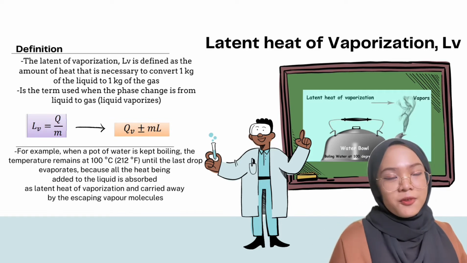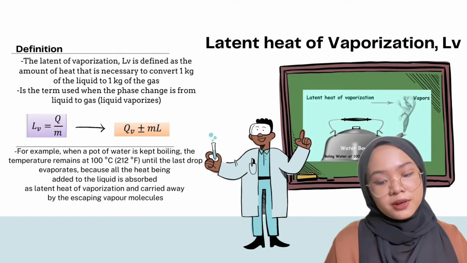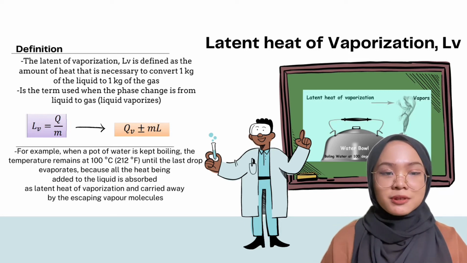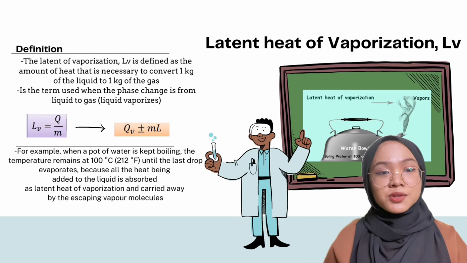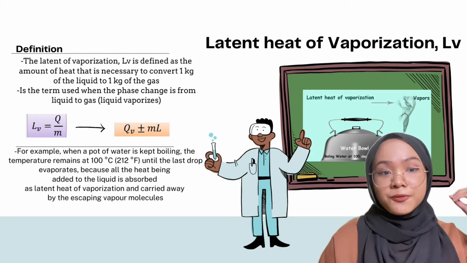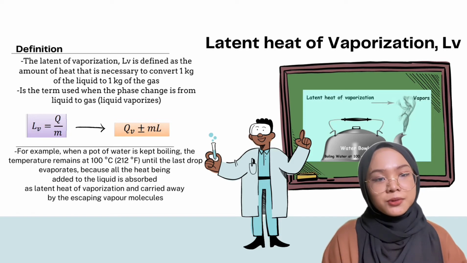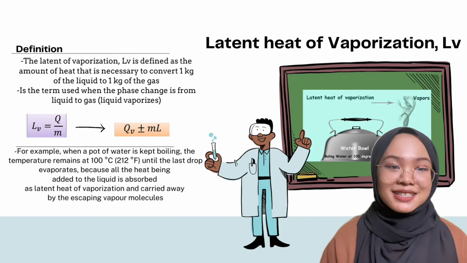So, latent heat of vaporization is defined as the heat required to change 1 kilogram of material from liquid to vapor. Latent heat of vaporization occurs when there is boiling of a substance, which changes from liquid into a vapor. The formula given for LV is LV equals Q, which is the heat needed, over the mass of the substance, just like latent heat